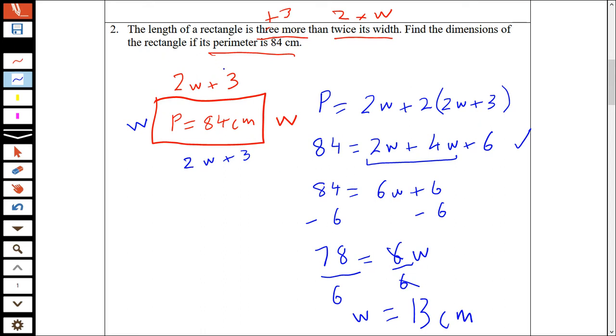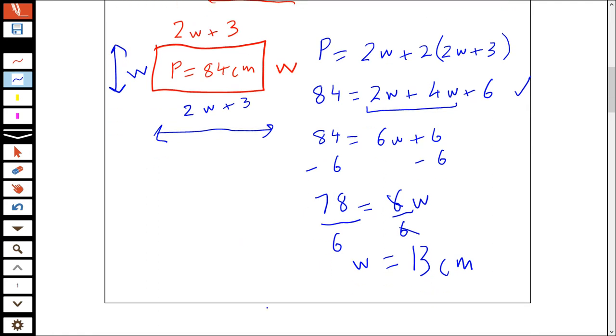Now, I haven't finished yet because the question says find the dimensions. Remember, the dimensions are the length, and also the width. Okay, so the next part of my question I'll do down here. So I'm going to work out next, what is 2w plus 3? 2w plus 3 is 2 times 13 plus 3, which equals 26 plus 3, which is 29